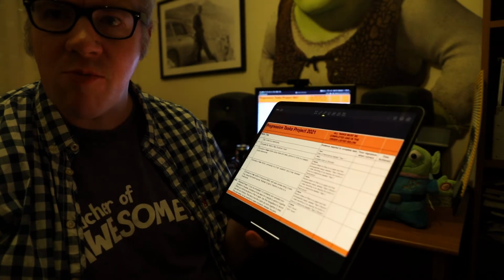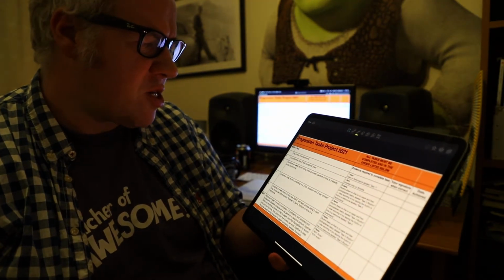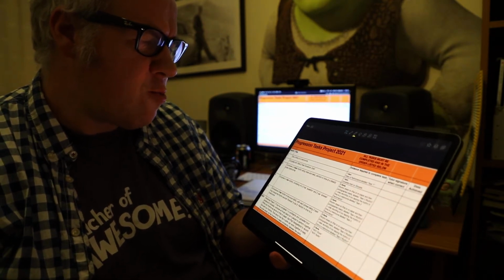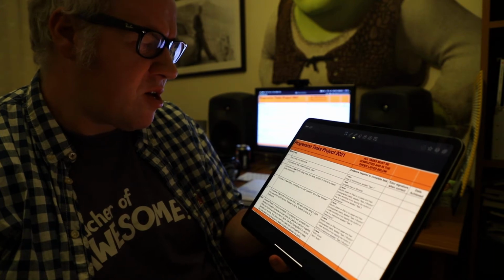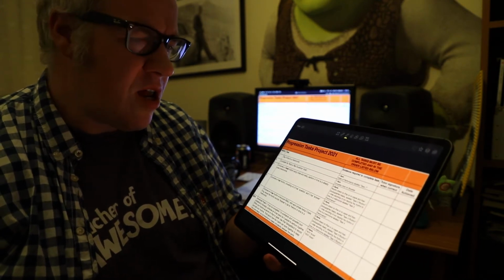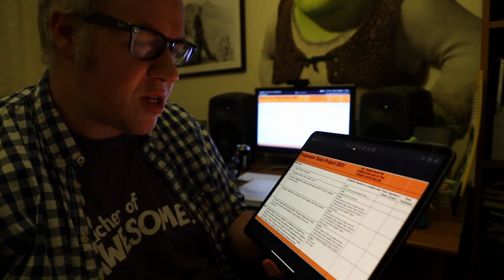Okay, this is the help video for task 3 of the progression task project. I'm just looking at the card here to see what we need to do next. Task 3 says compose a 4-beat rhythm using notes and rests. Perform it in time to a steady pulse using a metronome. Okay, and if we look across at the evidence that's required for us to complete this task, it says this